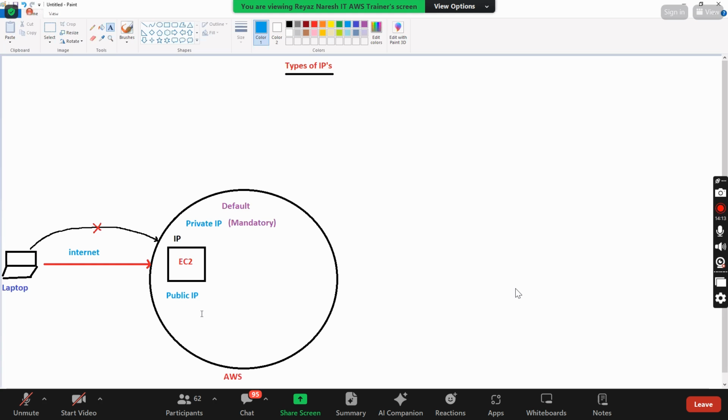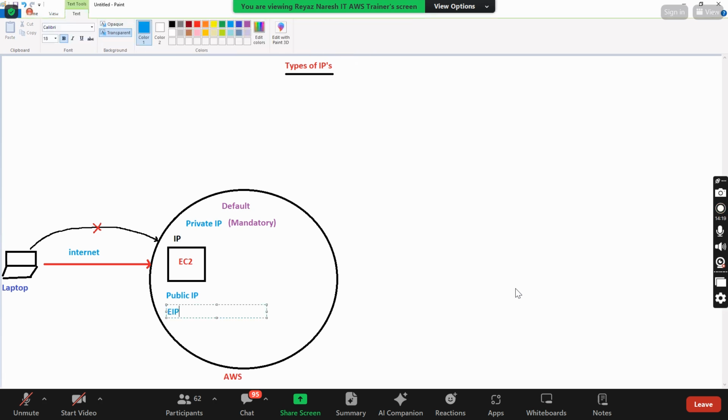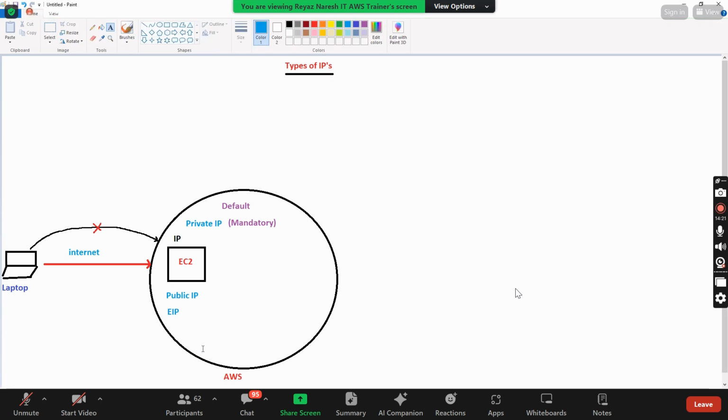Now, we have one more IP address. Which IP address? Elastic IP. In short, we call it EIP. EIP is also used to connect from the internet, similarly to public IP. You can use elastic IP also. But what is the major difference between public IP and elastic IP? The major difference here is, if you take public IP,